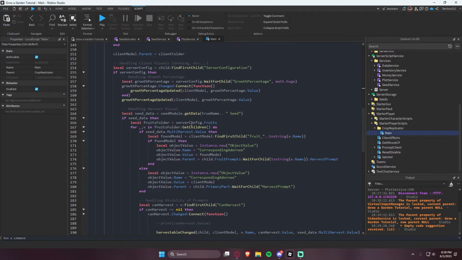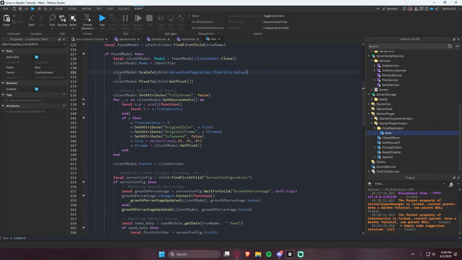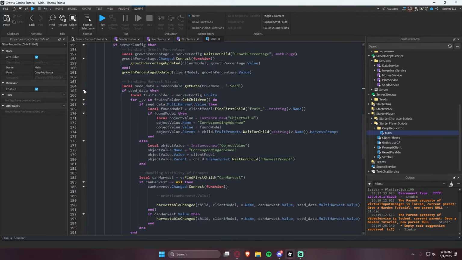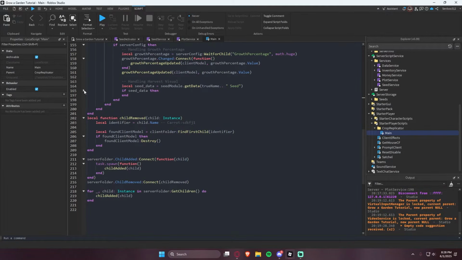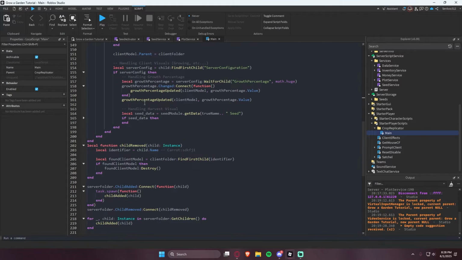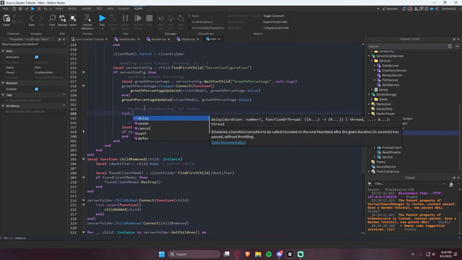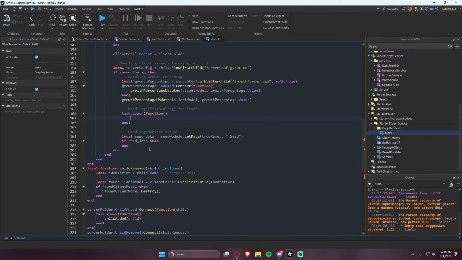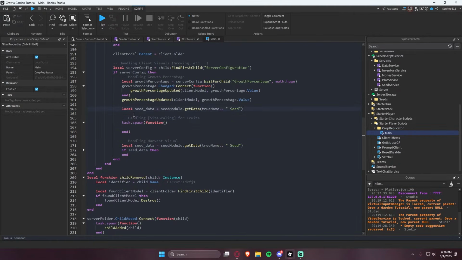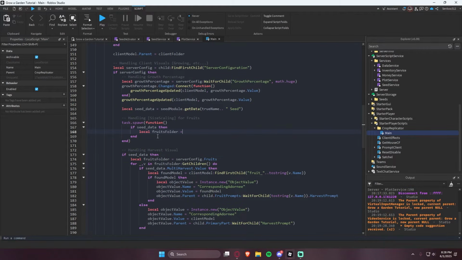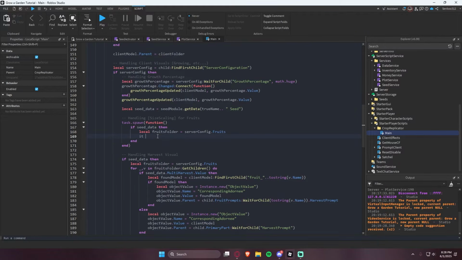And let's see. So we also want to account for the scaling of the fruits that we have. So if we go down here where we handle our harvesting visual right here, we can also make another sort of thread that handles our size scaling. So we can say handling size scaling for fruits. We can say task.spawn, and let's go over here and just put our seed data up here so we can access it. And we can say if seed data, then local fruits folder is equal to serverconfig.fruits. And we can say if not seed data